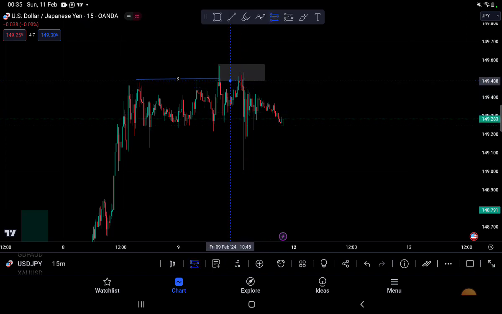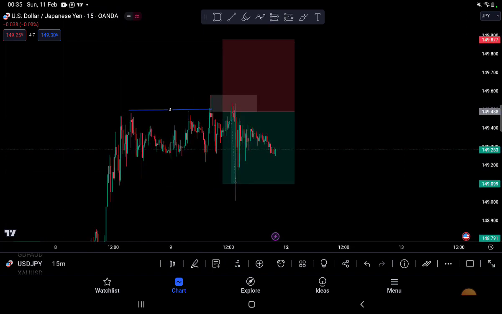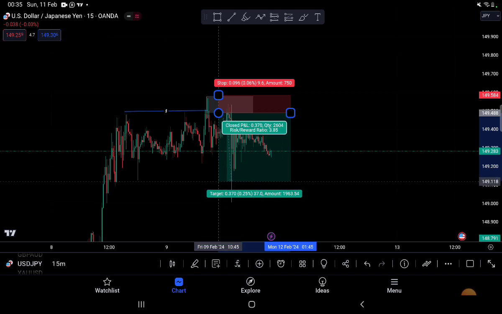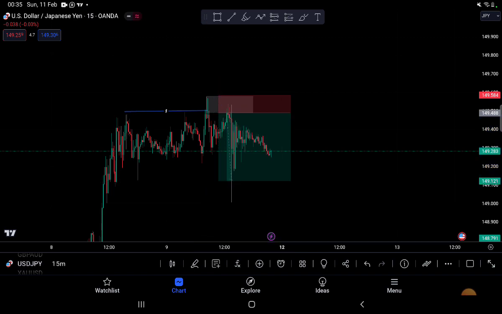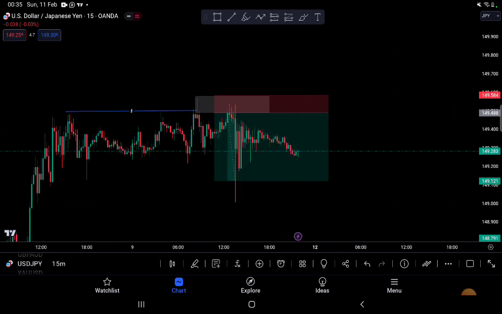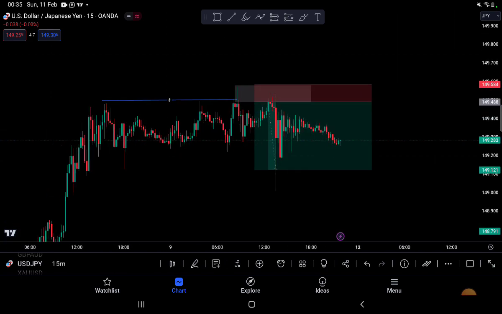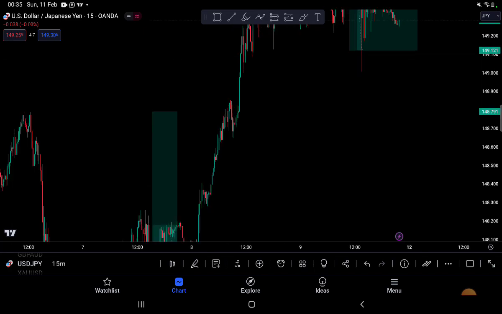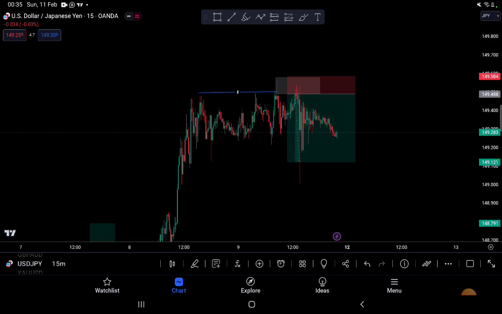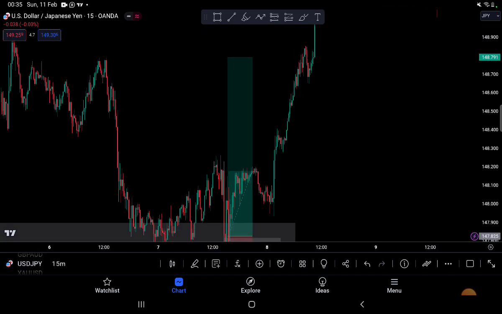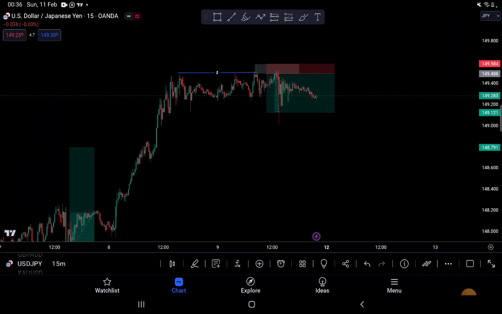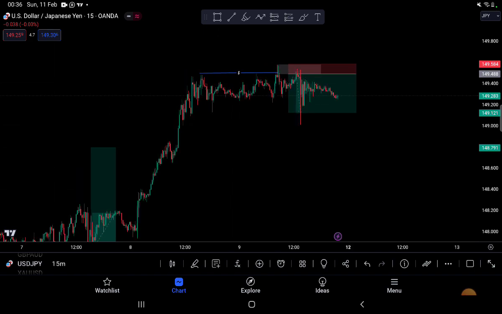Now placed my entry. So targeting this low. So that was how the market now went towards my TP. So if you look very well, you understand that the first move and this move, both of them were entered using the same strategy. So I talked about in my previous video how you can trade with a single candle